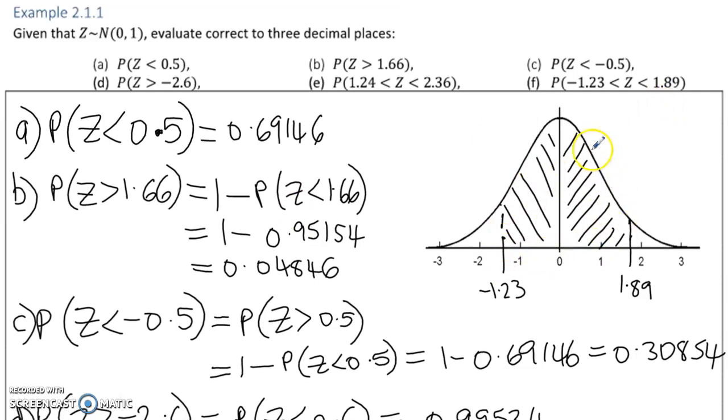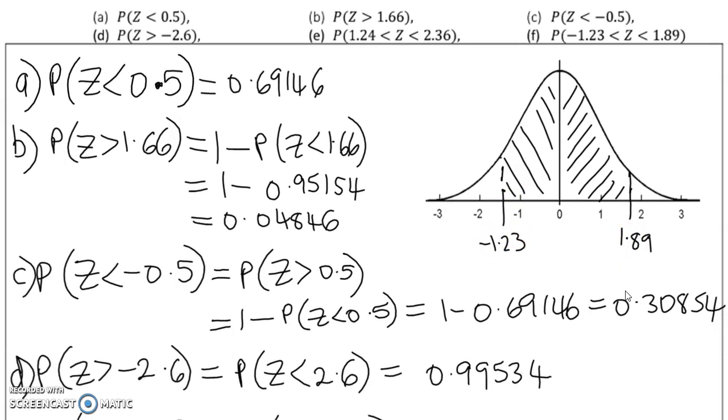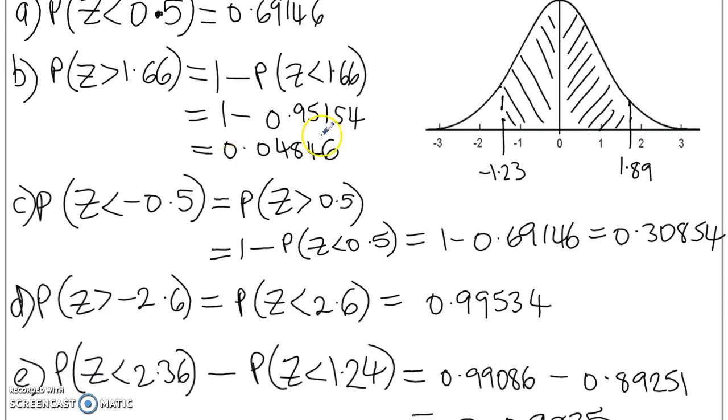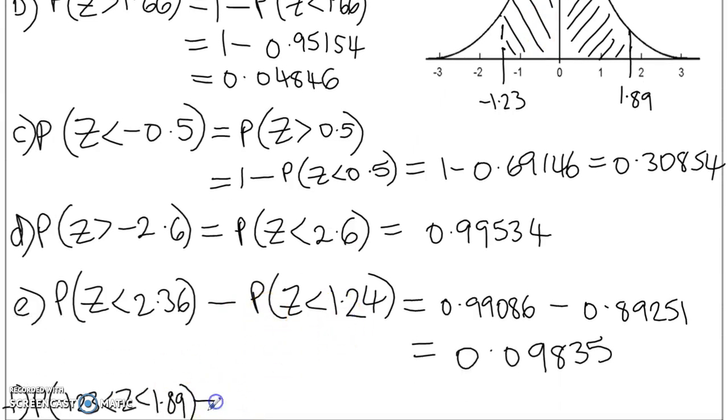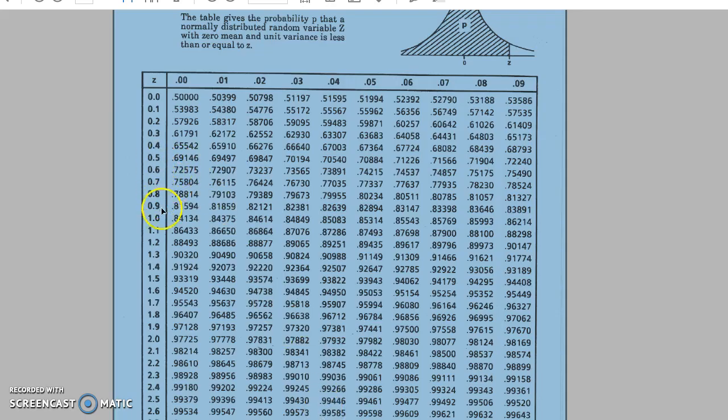In part F, this is the area we're trying to find between minus 1.23 and 1.89. So I'm going to look in the tables for a z value of 1.89, and that will give me everything to the left of 1.89. Now obviously that includes this little unshaded area, which we don't want, so we're going to need to take that off. So what I need to do, the probability z is less than 1.89, so that's everything to the left of 1.89, but then take off everything less than minus 1.23. I can look at 1.89 straight away. So 1.8, go all the way across to 9, 0.97062,